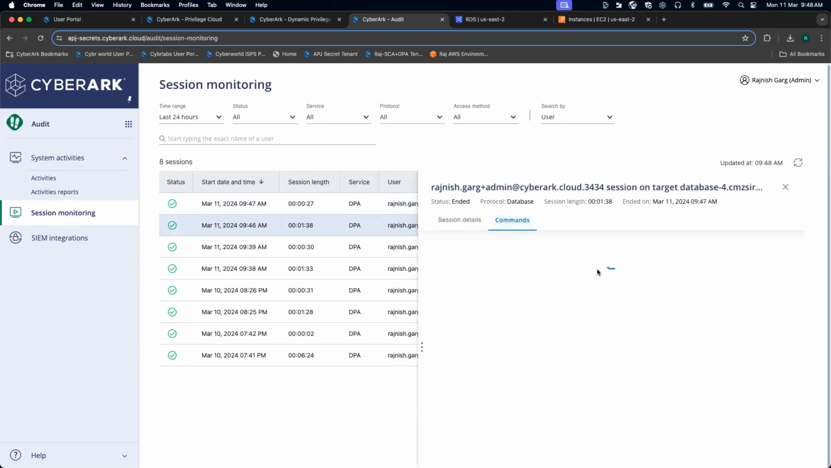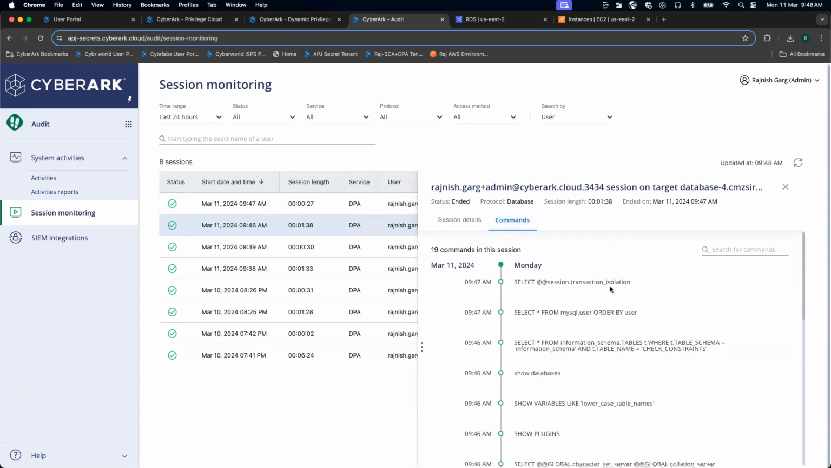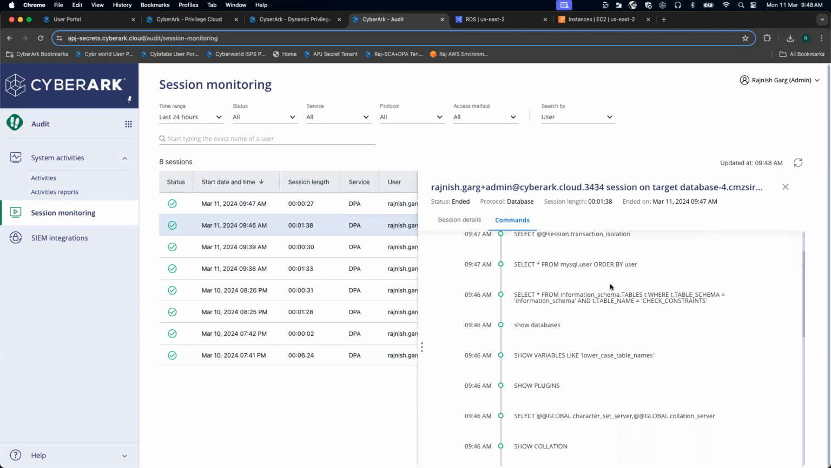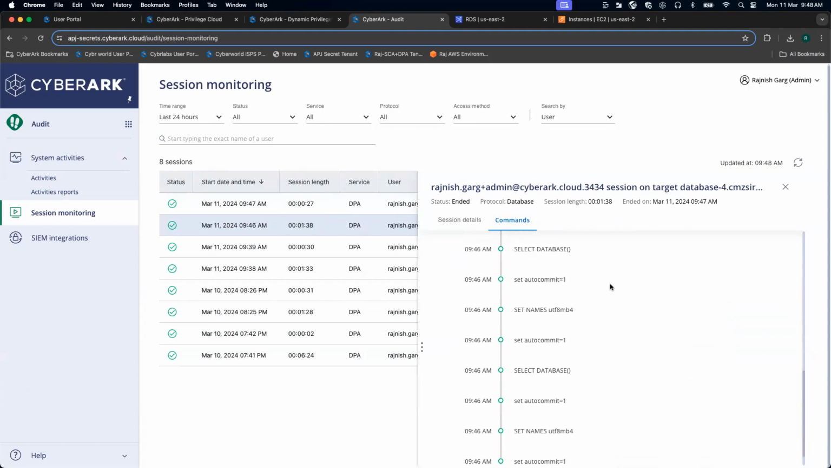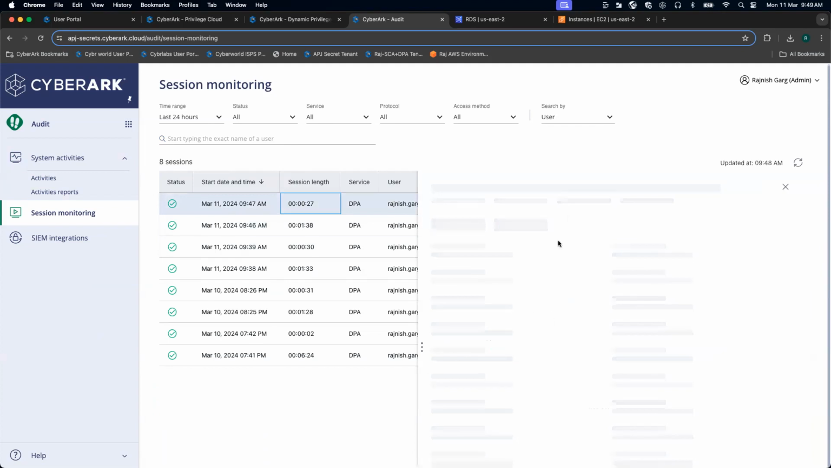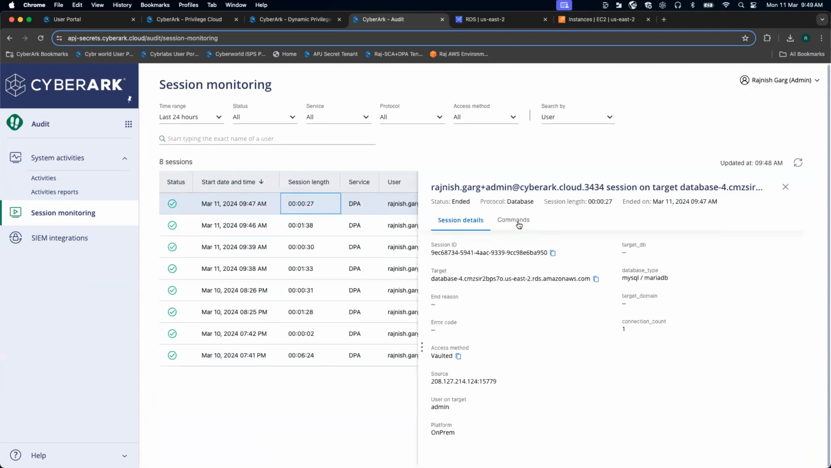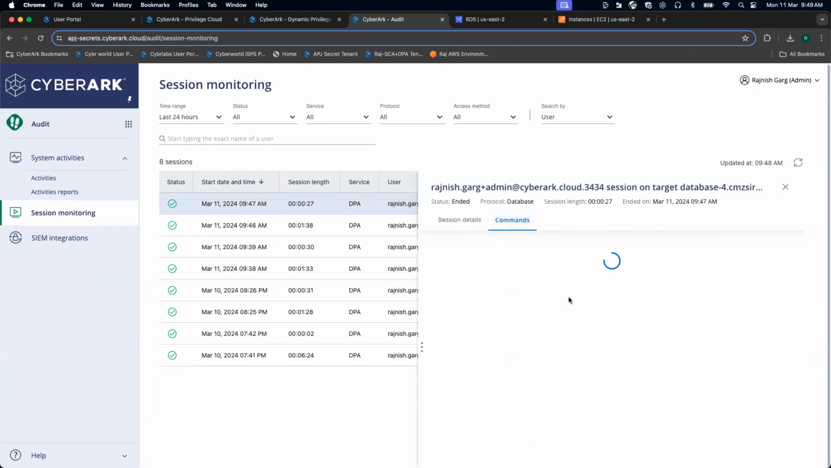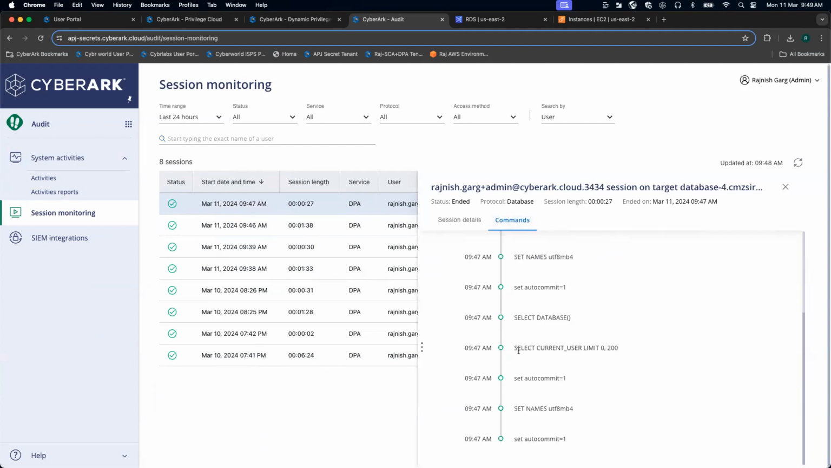If I click on the commands, you can see some of these commands. Some of these commands get executed behind the scenes whenever you click on any option. One command of specific interest to us is when we ran a command called select current_user. So I'm going to click on commands. Here you see, this is the command that got executed, and everything got captured within the